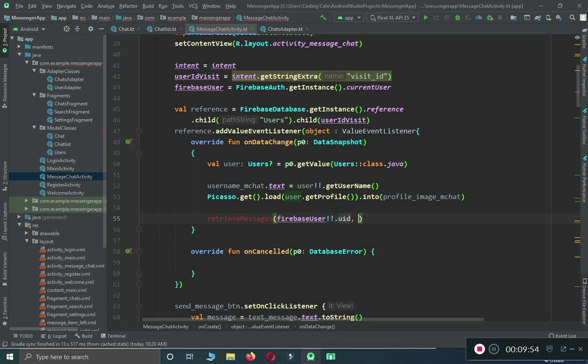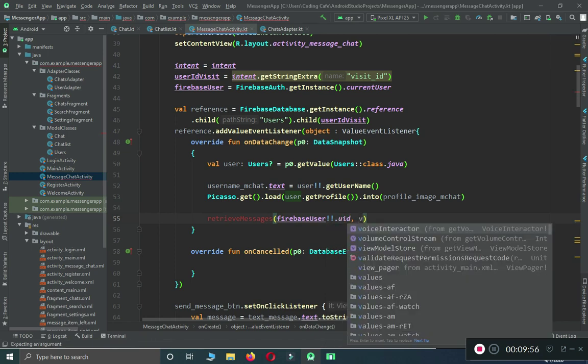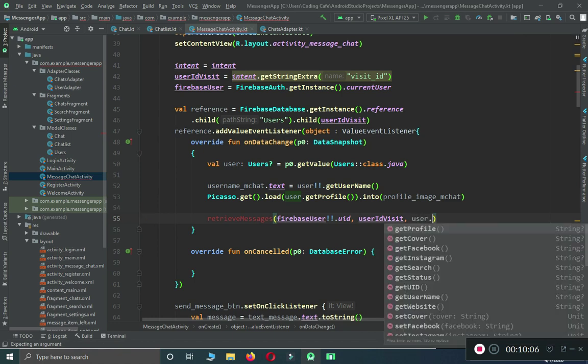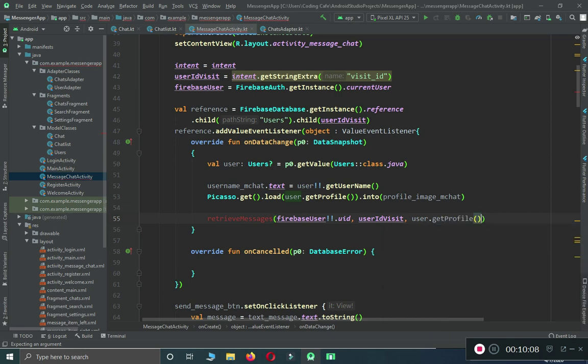The second one is the user ID visit, which is obviously the receiver ID, and the third one is user dot get profile, and this user dot get profile is the receiver profile picture. So let's quickly create this function, which is retrieve messages